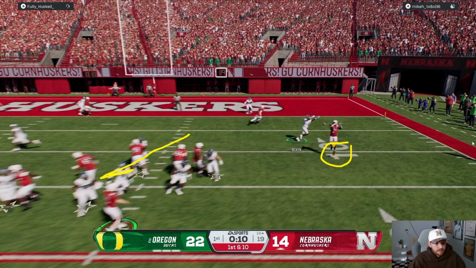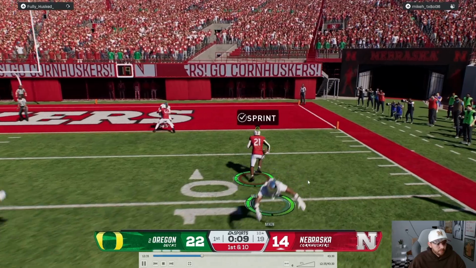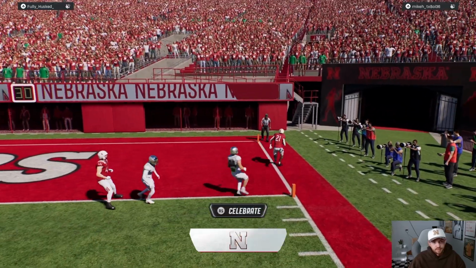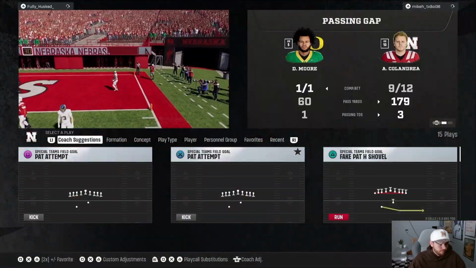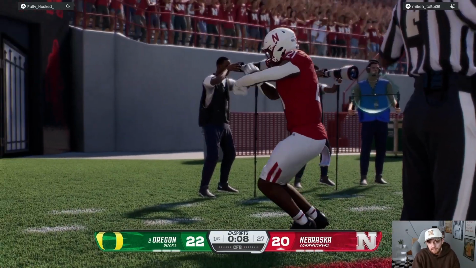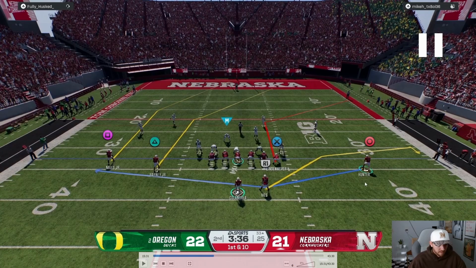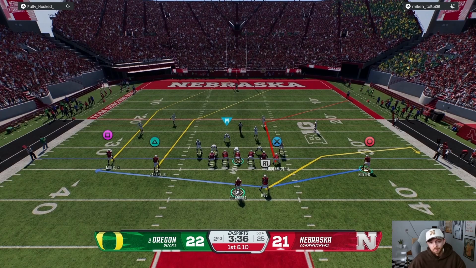But I end up hitting that underneath route, and he misses on jumping the flat route. So now I got him biting on the flat route. So I'll kind of go into what I'm thinking on the next drive to show you how I can keep him guessing. So again, I go back to the gun double sail,